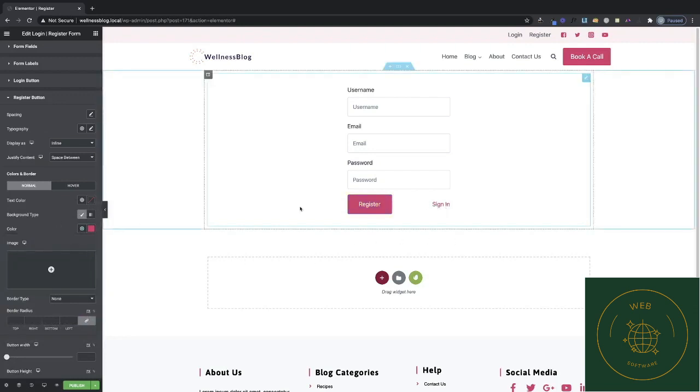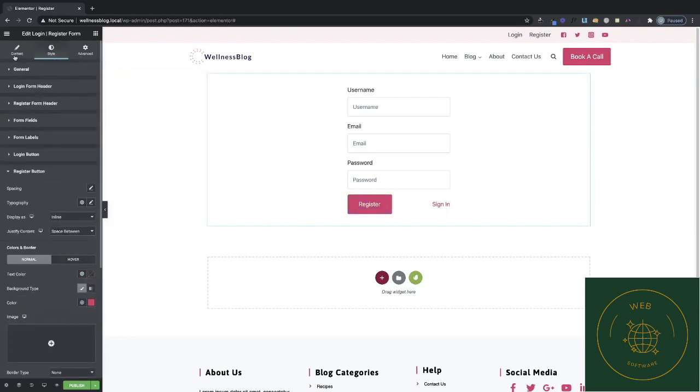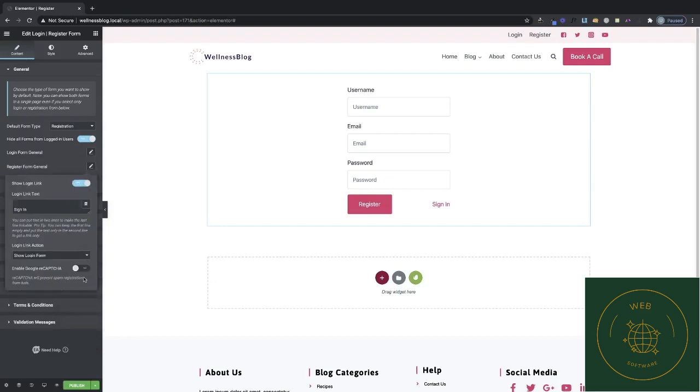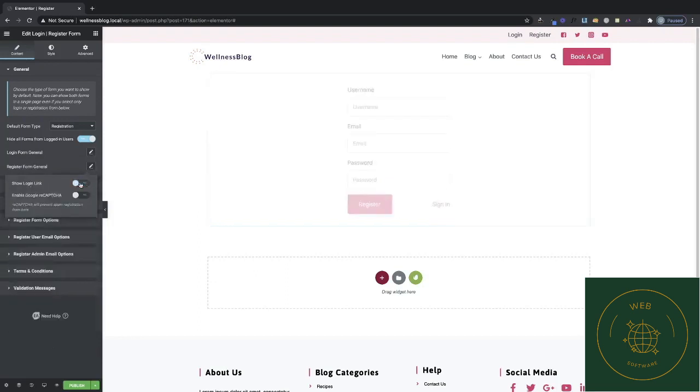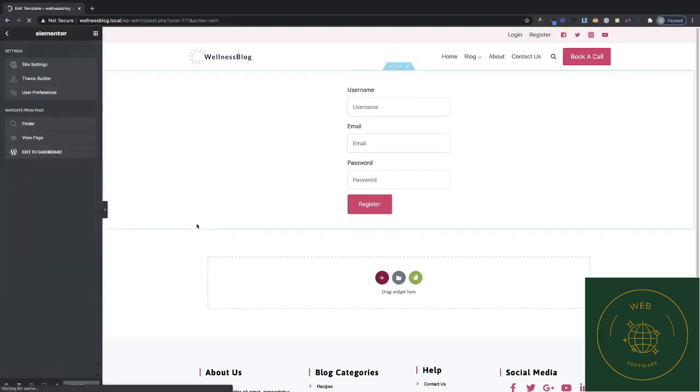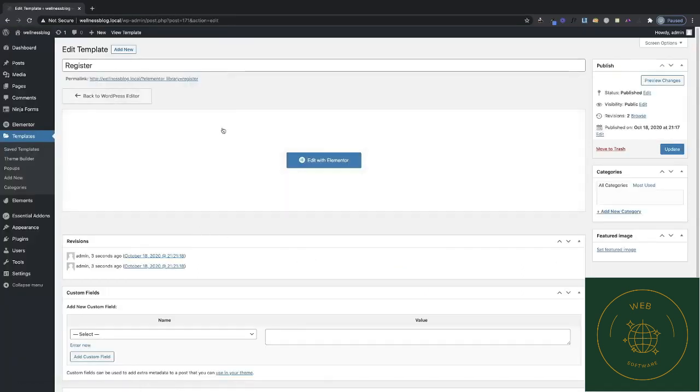And then I need to remove this login. I forgot to actually remove that, so I'm going to go back to content. And then I'm going to go to login form general. No, sorry, it should be register form general. And then right here it says show login link. I'm going to go ahead and remove that. Okay. And then from here, I'm going to click publish. Okay. Perfect. Now we have our register template, and we also have our login template. Now the next thing that we need to do is create our login page. So go to your pages,